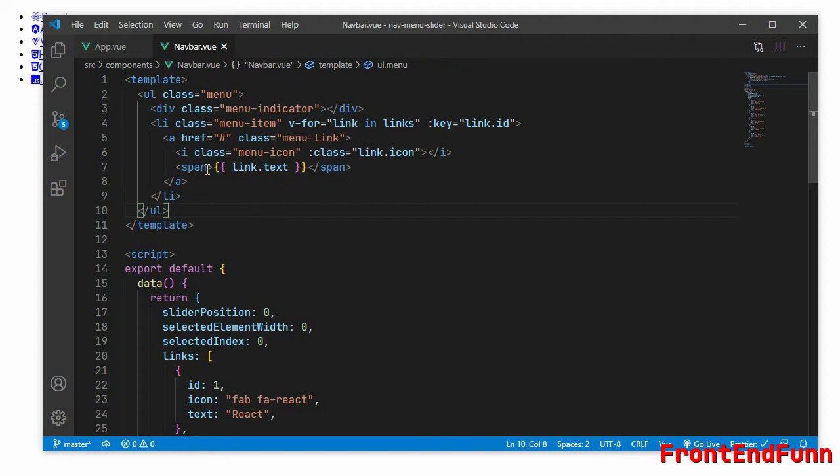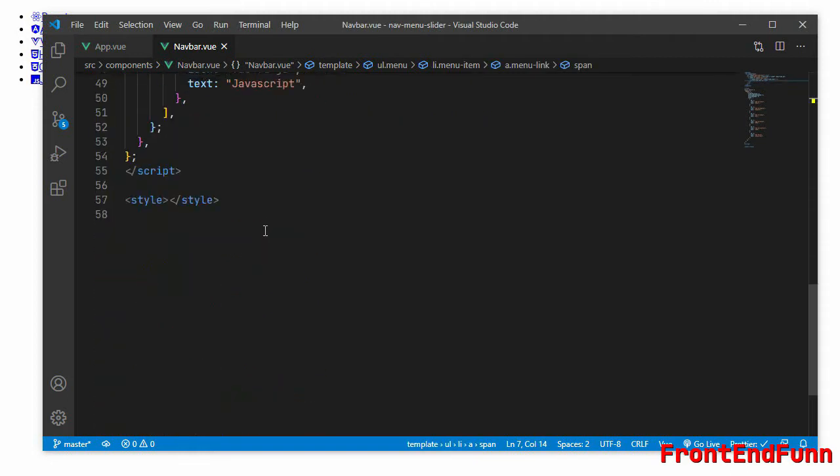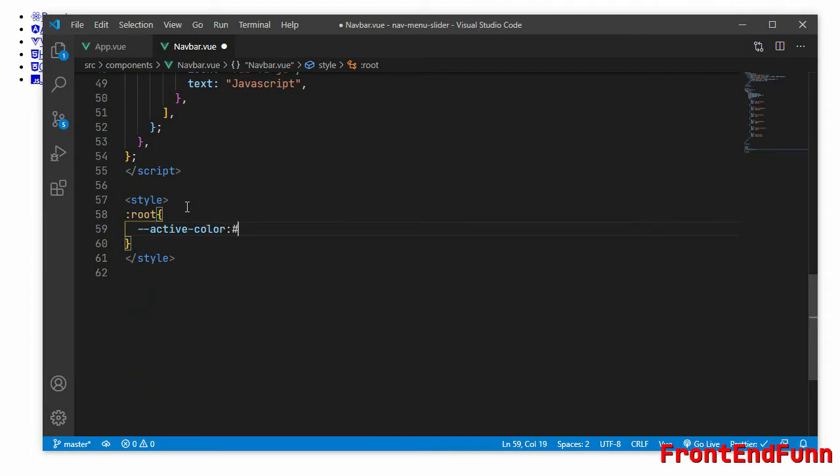Next, let's add some styling. Inside the style, first let's create some CSS vars here. Active color, this is the color we'll be giving for the active item as well as the slider.